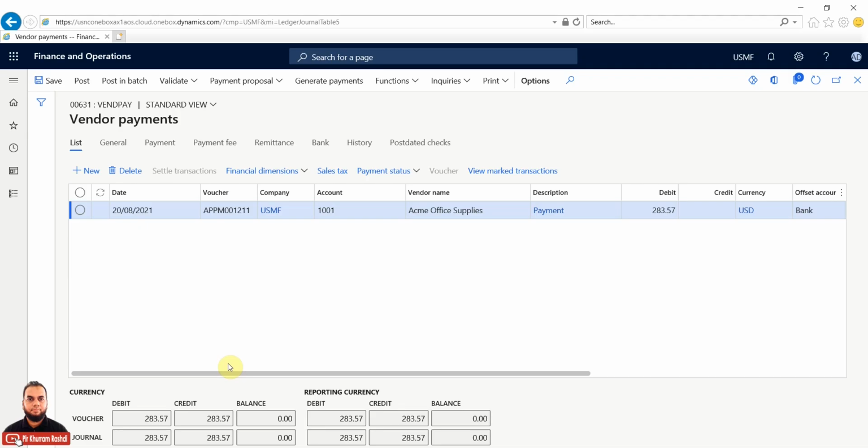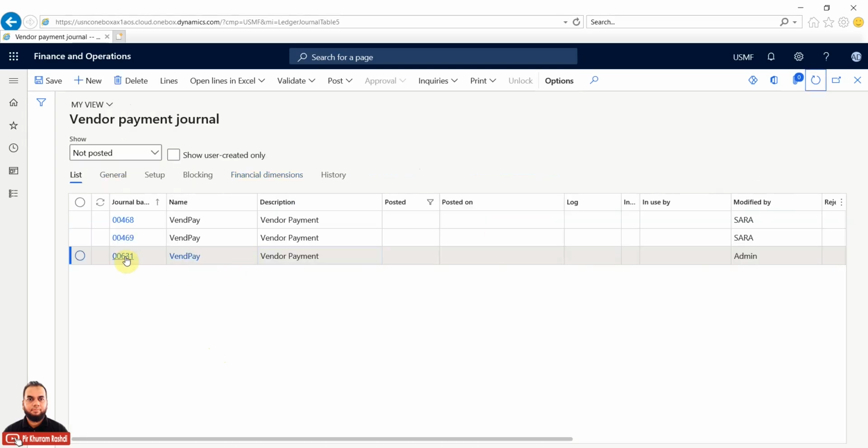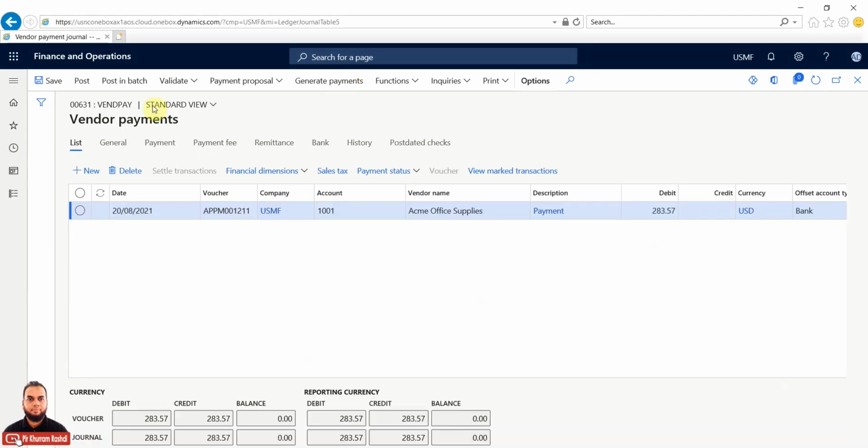And once we had received the products, we posted the invoice in order to increase our liability for payment to the vendor. And once we posted the invoice, we paid through the payment journal to the vendor, and we decreased our liability. And from the bank, it was the credit entry. So that was the whole flow. Still it is not posted, so there is an option outside also which we can select in order to post it. Just go ahead with the posting, and